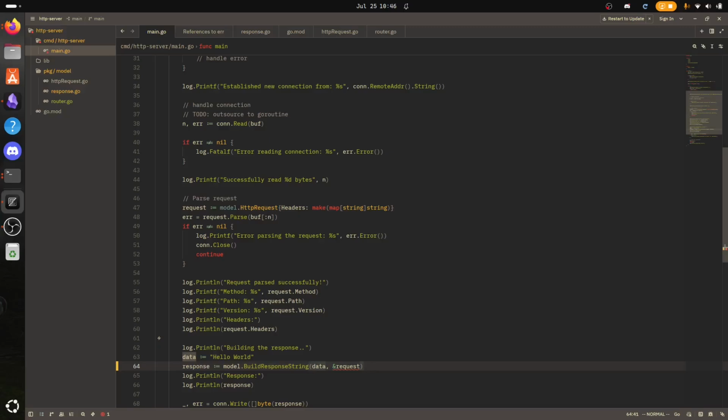We want to add, let's say, two paths, and then with a different response string in it. So we need two handler functions, and then we can test it, and also can test if 404 works. So we will just use a path that does not exist in our router. But first,